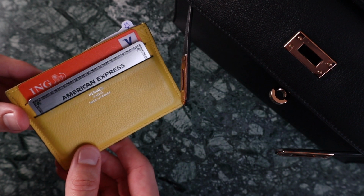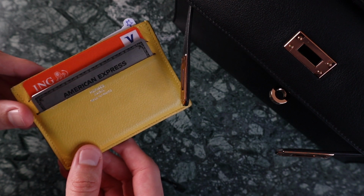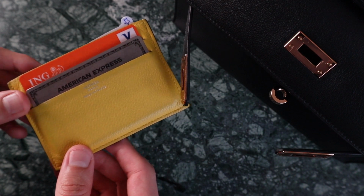I have used my Kelly Pocket in the Kelly Pochette and it does fit perfectly. You can even close the bag. I just feel a little bit nervous about using the Kelly Pocket in such a soft bag because I don't have an insert for this just yet. So I feel more comfortable and it makes my life a lot easier using something as simple and as slim